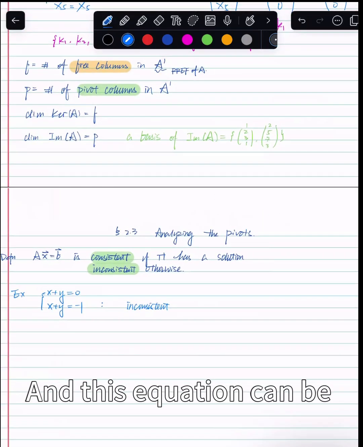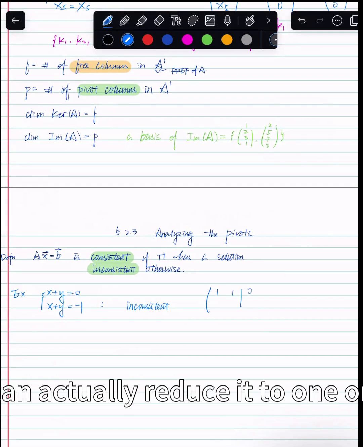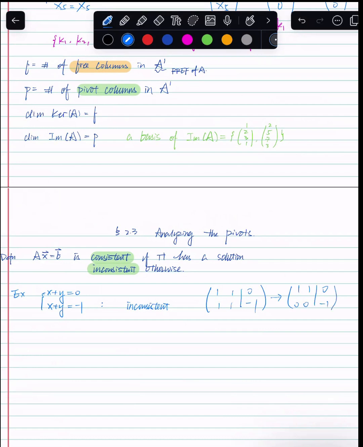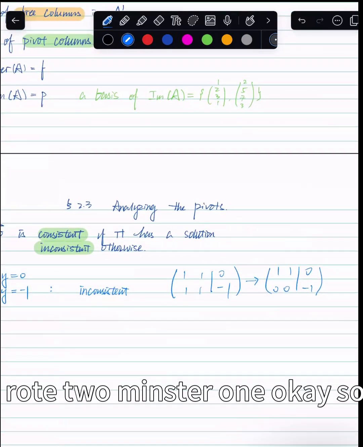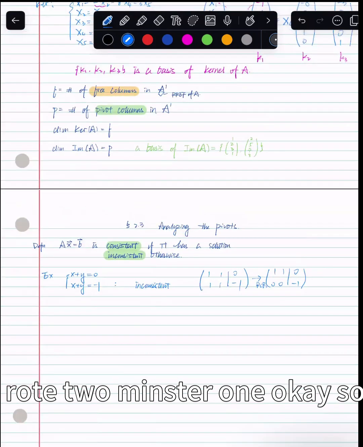And this equation can be written as 1, 1, 0, 1, 1, negative 1. And we can actually reduce it to 1, 1, 0, 0, 0, 1. So basically we used row 2 minus row 1. Okay, so in this case, our pivot